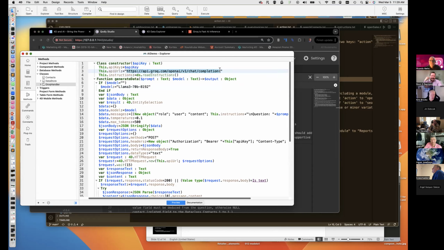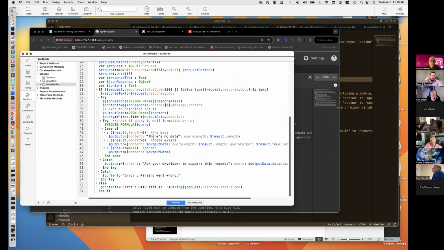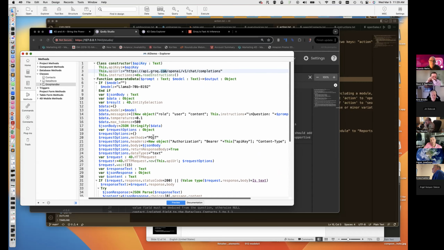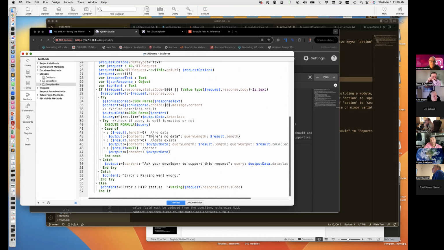That's what actually Ed helped me quite a bit with. I have an API key, so you have to have that. You have to get an API key on Groq, on ChatGPT, any one of those. I have the call, the instructions, and this is my code that is doing that work. That's it. I don't have anything else. With that code,